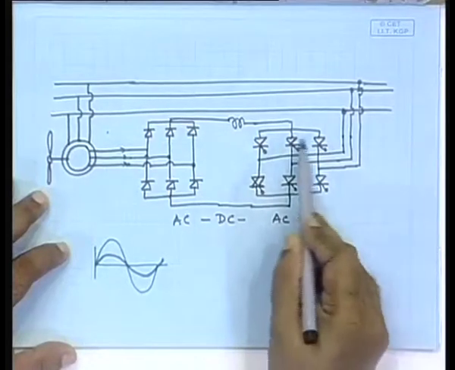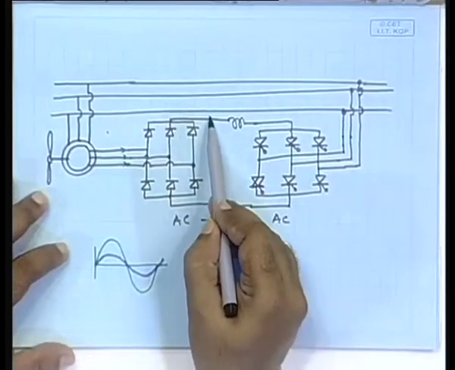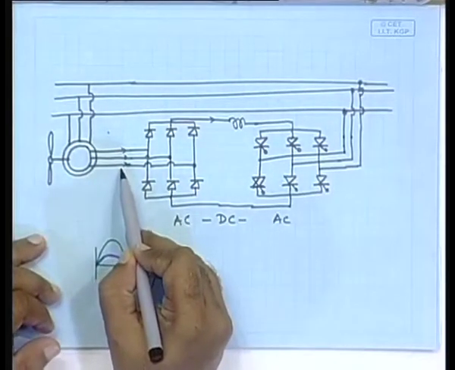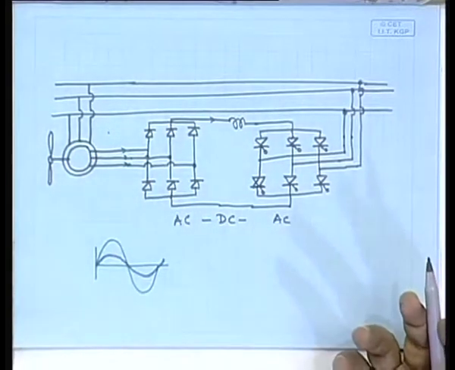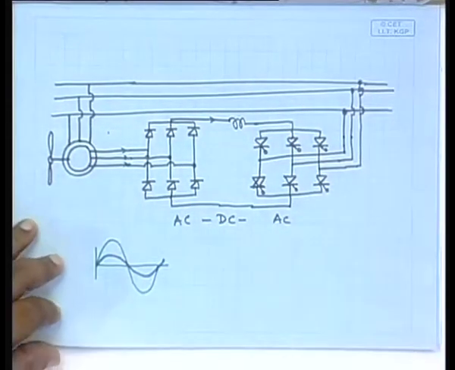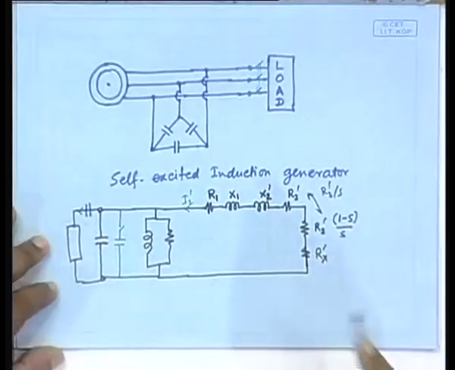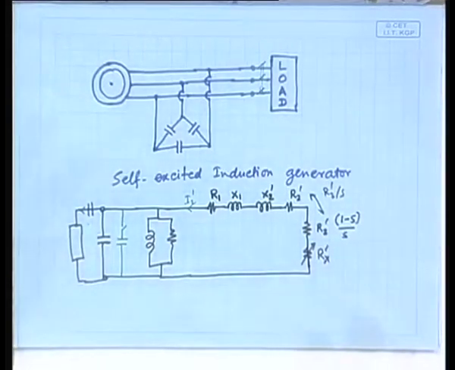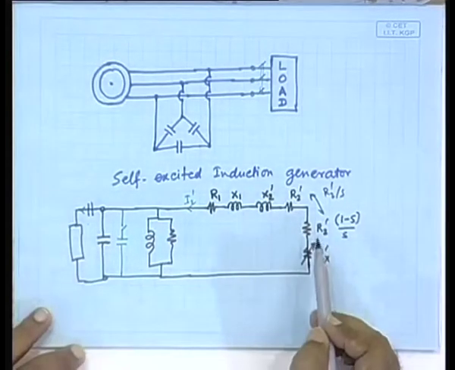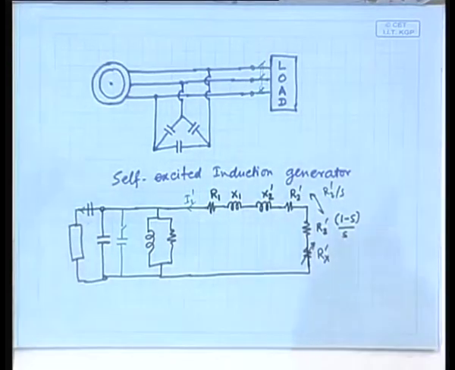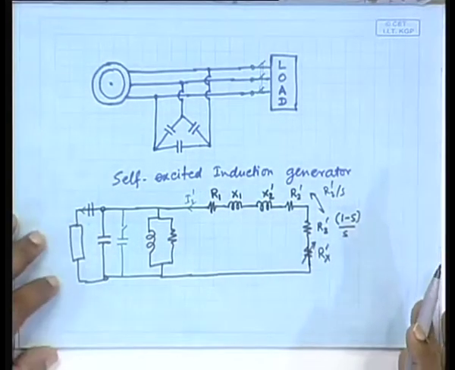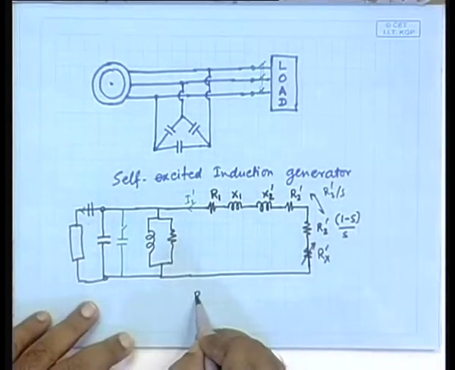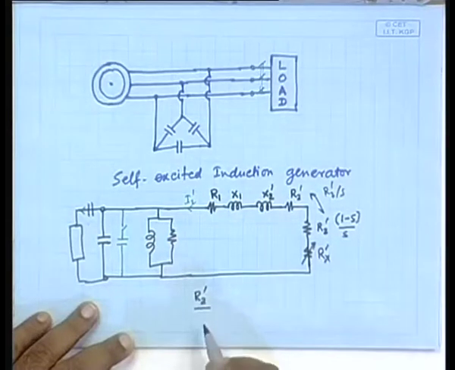So, by controlling these firings, it is possible to vary the amount of current that flows here, and to vary the amount of current that comes from here, and therefore the resistance seen by that. So, effectively this resistance will vary, it will be a variable resistance, and the control strategy will be to keep the total resistance here constant. So, the strategy will be that if at the rated speed, my resistance here was R2 prime by S rated,